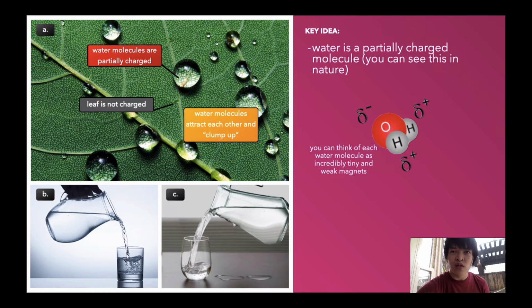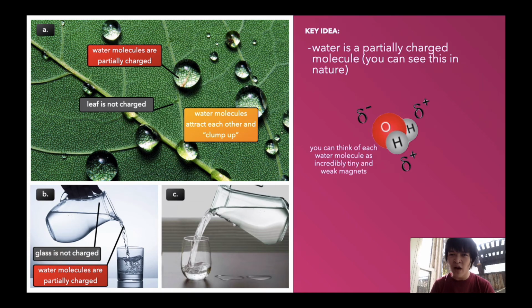Let's look at another interesting example below. Look at examples B and C. Have you ever wondered why some pitchers of water pour so nicely, and some other pitchers don't pour correctly and the water kind of rolls off the side of the pitcher? Let's look at example B first. The water molecules in example B are partially charged, and the glass that the pitcher is made out of is not charged. That means that the water molecules are only attracted to other water molecules, so the water pours out